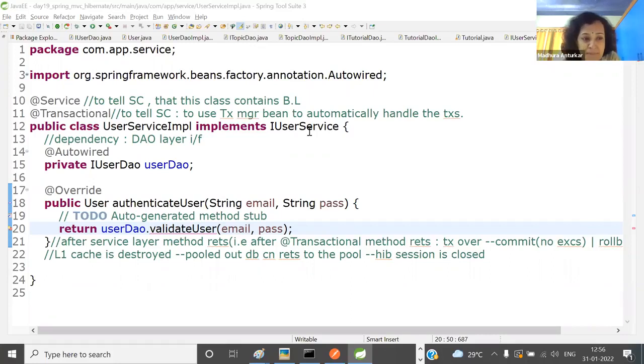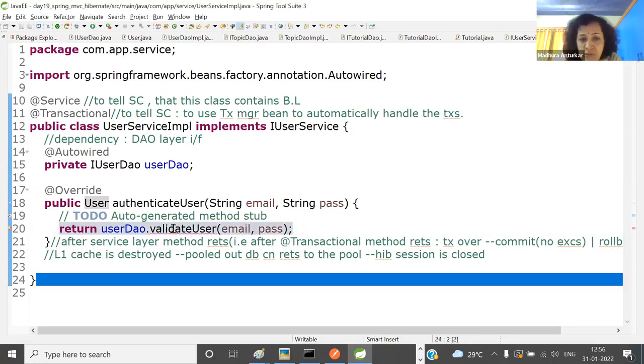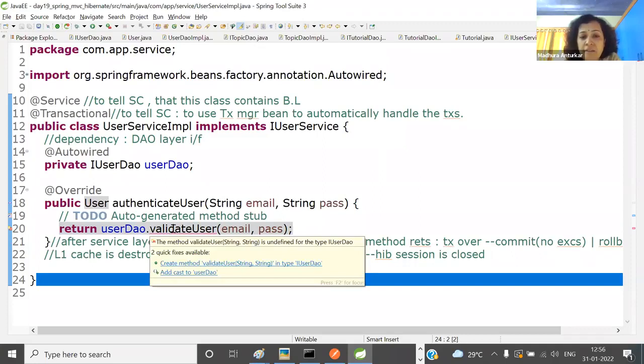Not getting it or trying it. I don't know where you are. Okay, let's do it together. No point investing time. So userDAO.validateUser. If you see, just take a cursor here and it will tell you it is